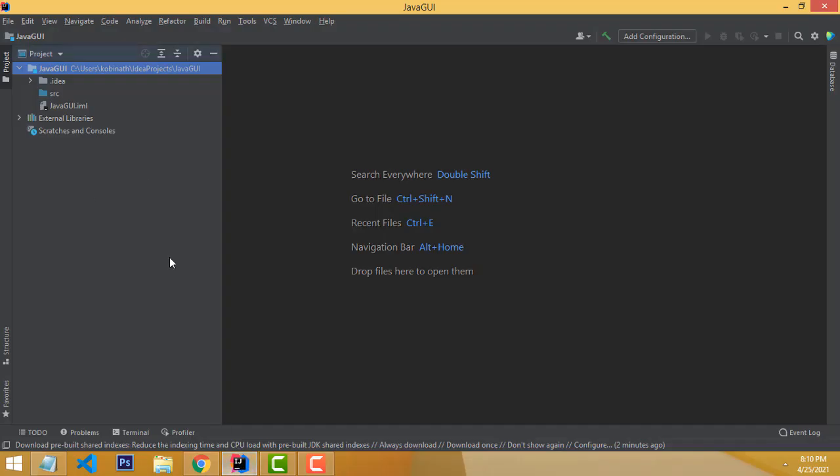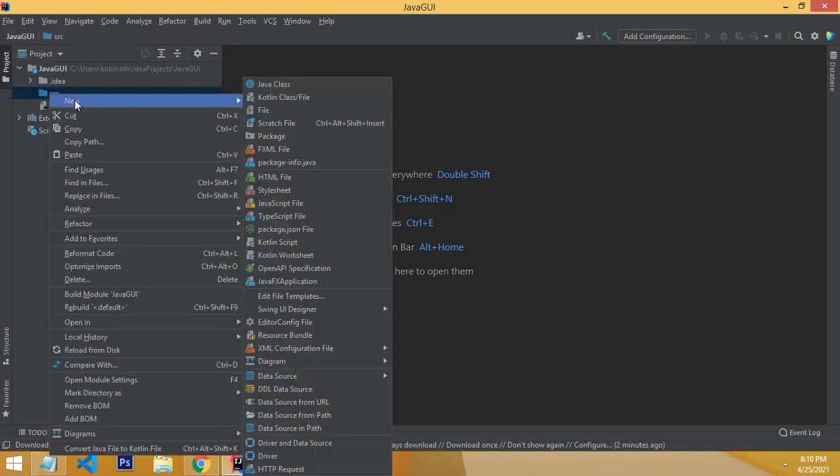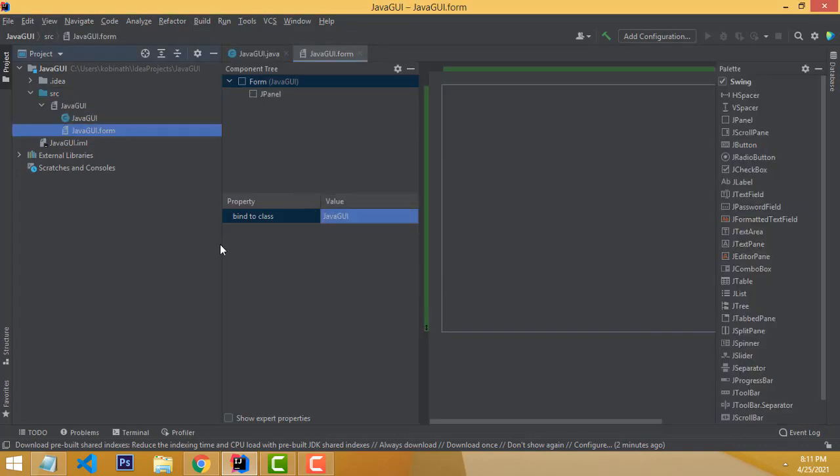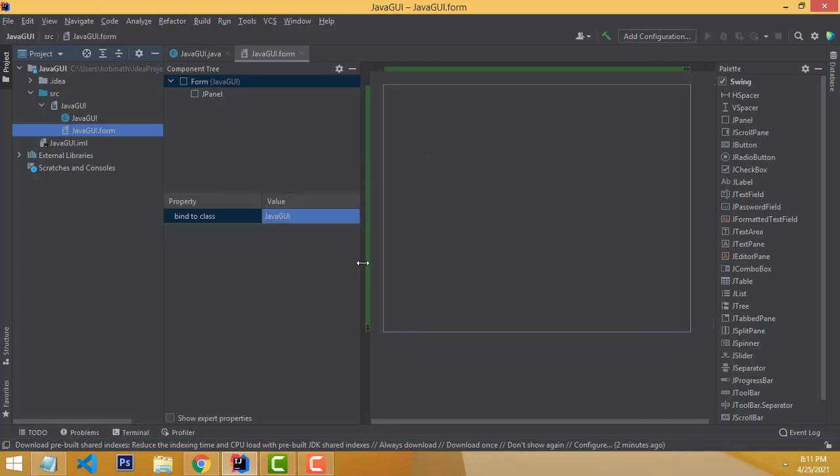After that, you can create a new project that looks like what I showed you. Now this is the src folder. I am going to make the GUI application: right click, New, and here we select the GUI application showing UI Designer GUI Form. Here I give the name Java GUI, click Finish, click OK. You get a simple Java user interface that looks like this.